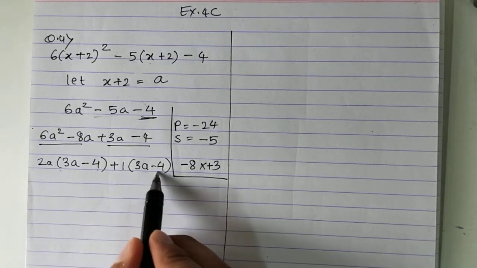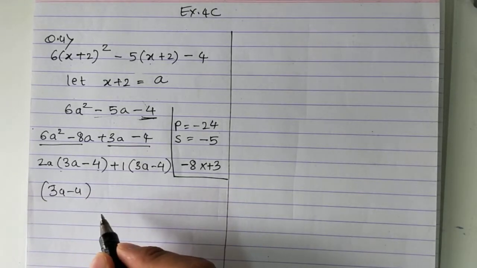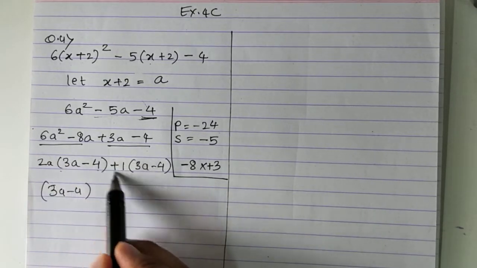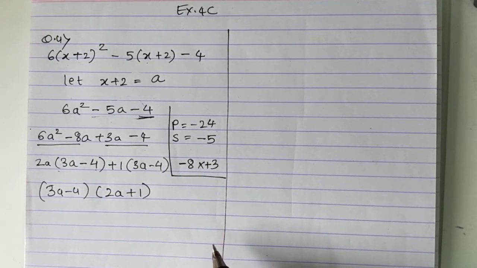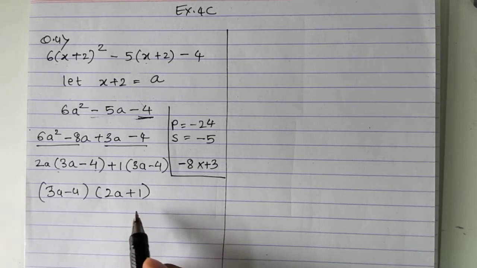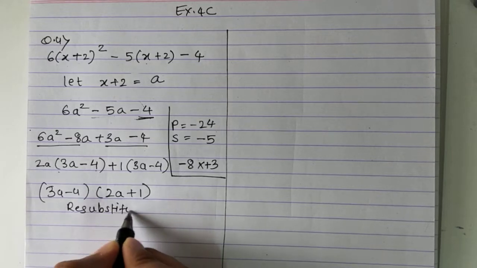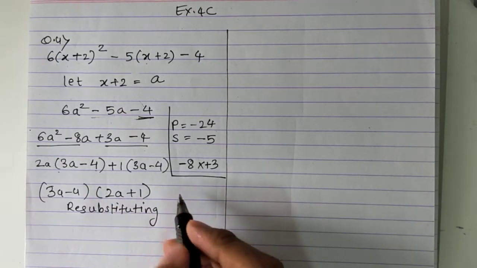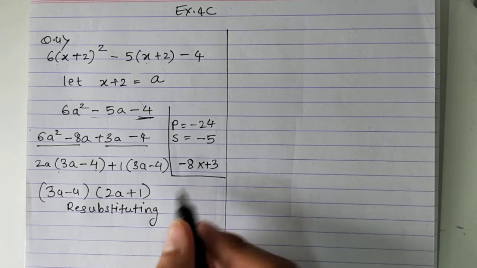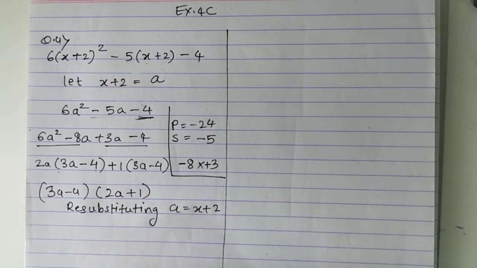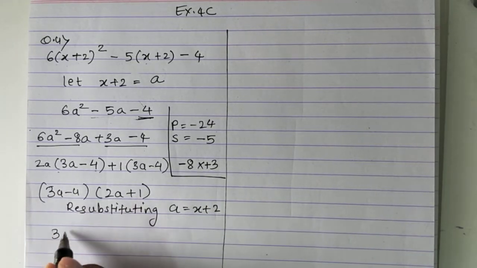Now the brackets 3a minus 4 are same, so I'll take the bracket common. 3a minus 4. What is remaining? 2a plus 1. Okay, now factorization is done. We have got two brackets. Now we'll resubstitute. A is equal to x plus 2. In the place of a, I'll resubstitute x plus 2. So let's resubstitute. In the place of a, here let's write x plus 2